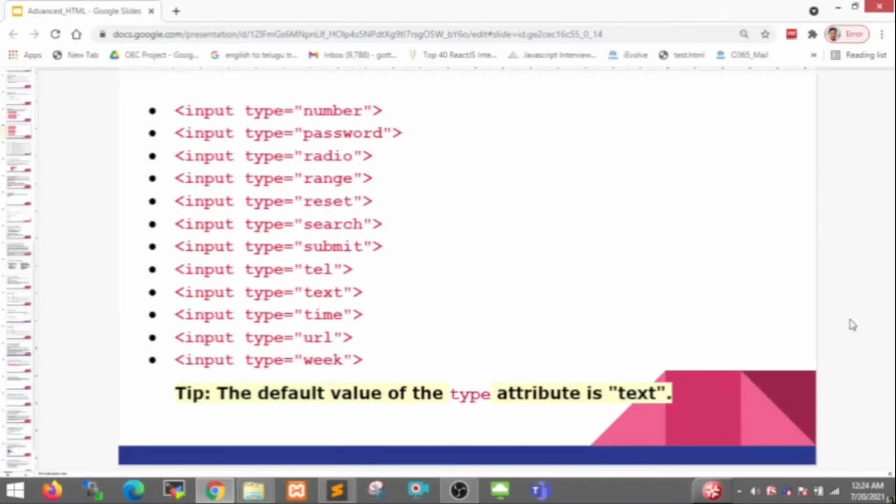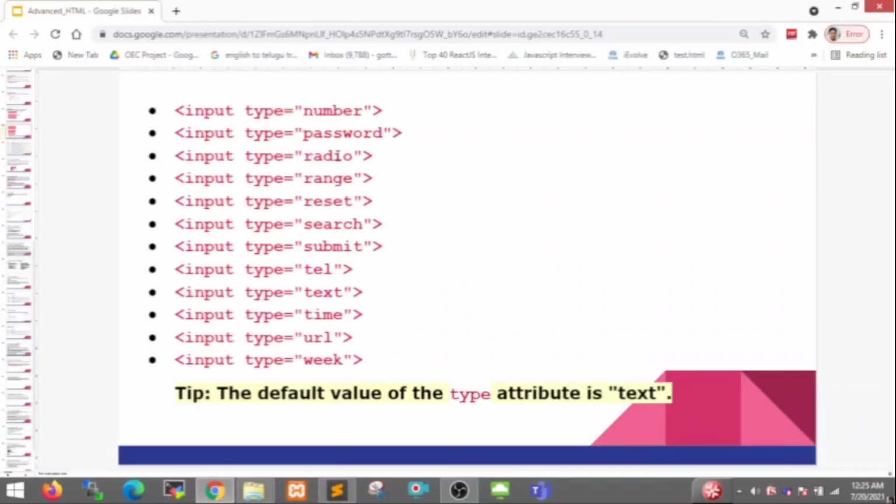Input type equal to number is used for numeric numbers, means when you click on the up arrow it increments, and the down arrow is for decrement. Input type equal to password is used for the password case; if you enter some text, it shows dots or asterisk symbols, because it hides our password. Input type equal to radio is used sometimes in registration, for example gender female or male. In that case we can choose the radio button, and based on that we can validate the female or male condition.